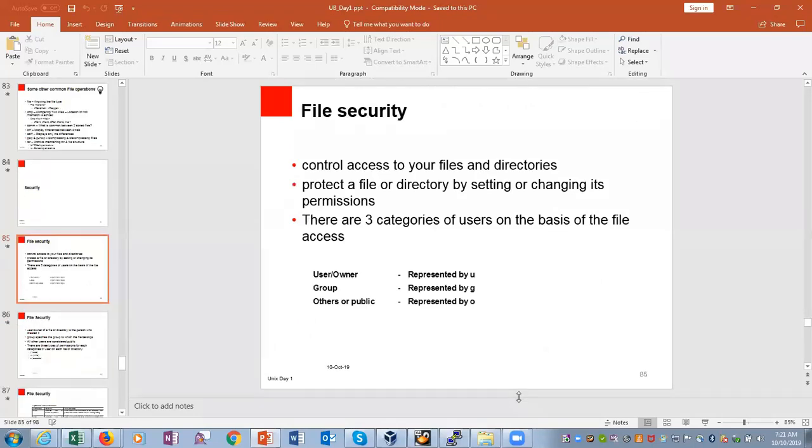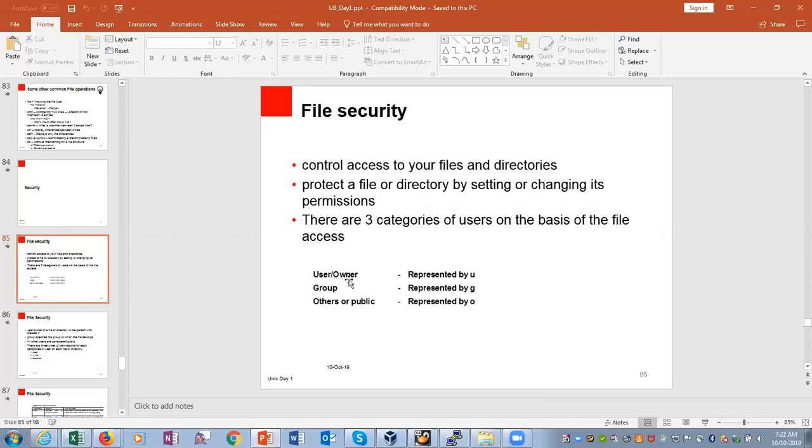Next, we will move on to file security. File security controls access to our files and directories; protect a file or directory by selecting or changing its permission. There are three categories of users based on file access.